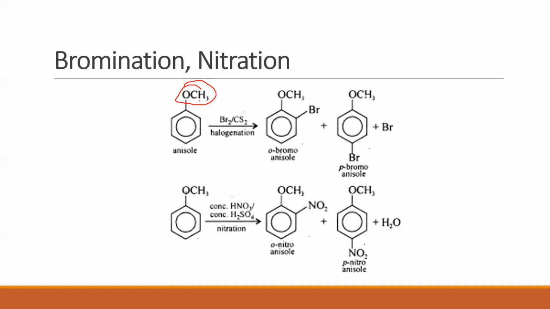Clear? In this chapter, we looked at OH and OR. Again, both of them are electron releasing. In the next set of chapters, aldehydes, ketones, carboxylic acids, amines, we'll again come across these groups. The reaction conditions remain the same. It's just that who will be the product is dependent on the nature of that functional group, whether it is ortho-para-directing or meta-directing. Other than that, you don't need to worry much about the reaction conditions because they will be exactly the same as what you studied in your first year. Clear?